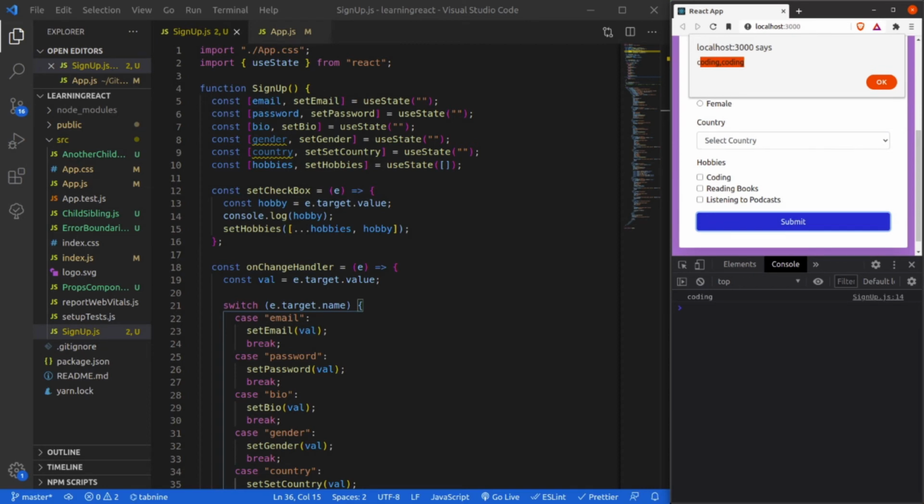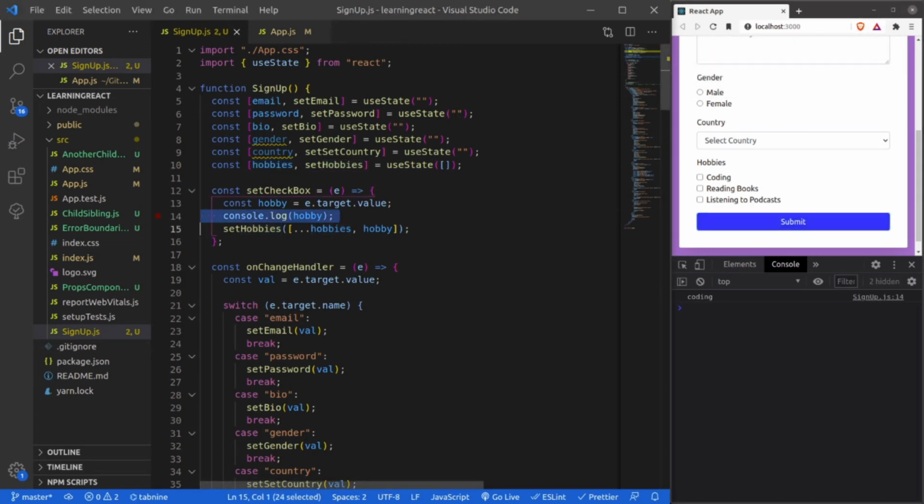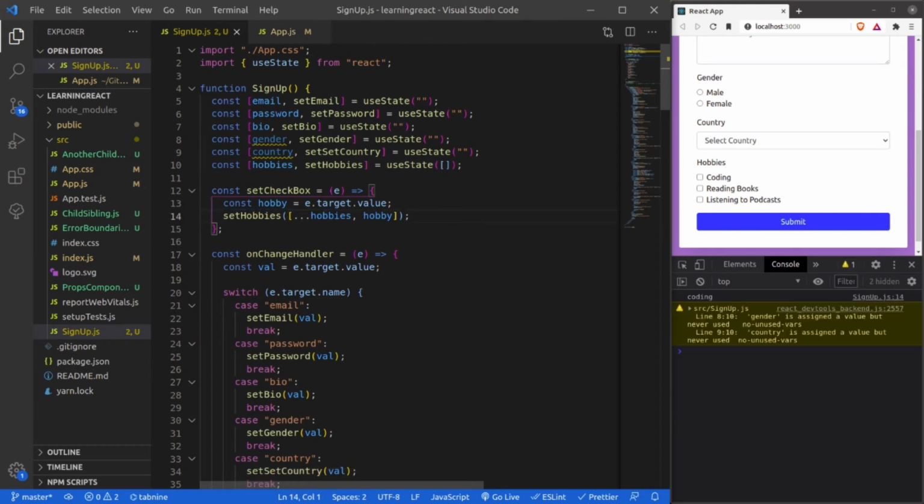Why is this adding double values? It's because of our code. There are two ways I was saying: we can use checked as true and false, and based on that we can add or remove the values from my hobbies array. Or we can add our own logic to handle such things. So let's move on to handling this.